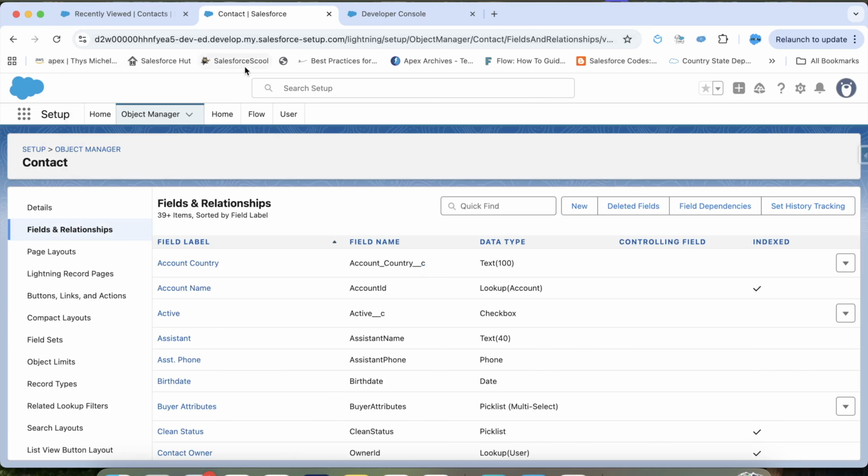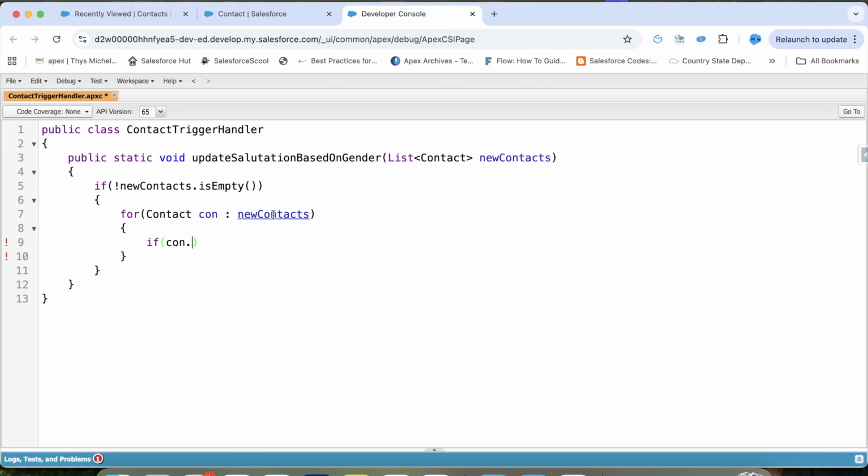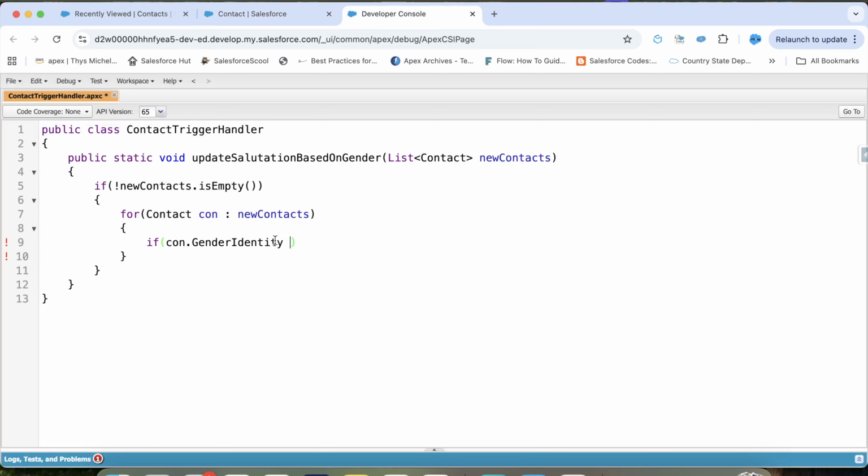On contact object for gender field, we have a field Gender Identity. So firstly, you need to make this field visible to your profile, and after that you need to add this field on page layout. So here we will use the same field, copy this, paste it here,